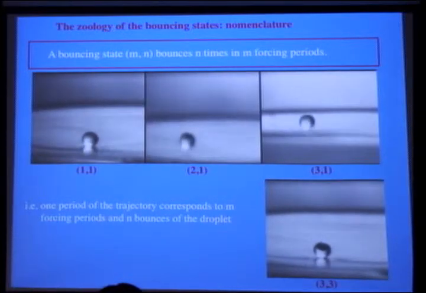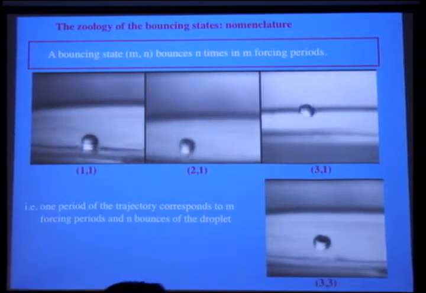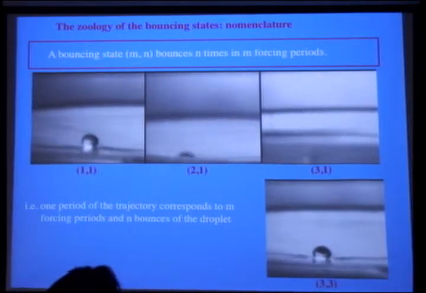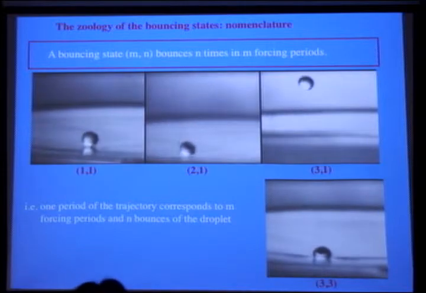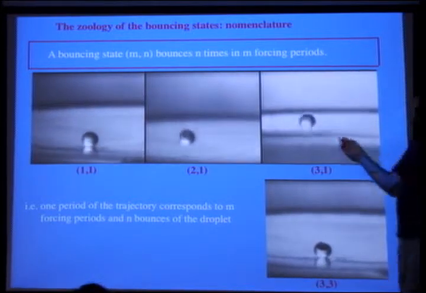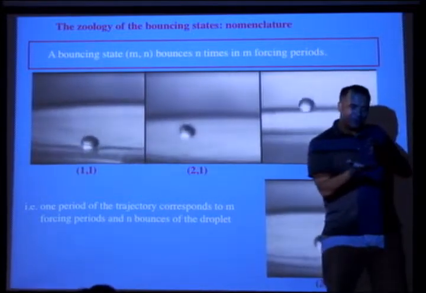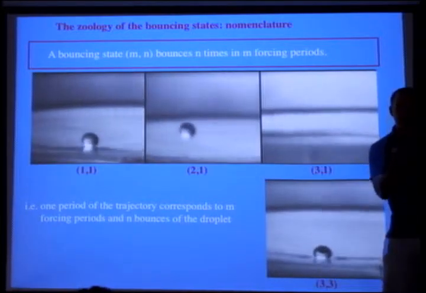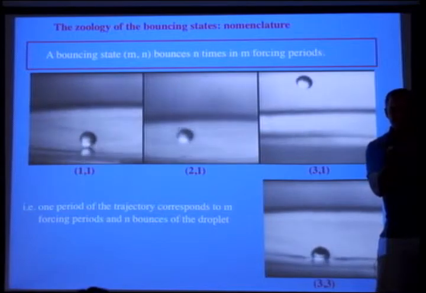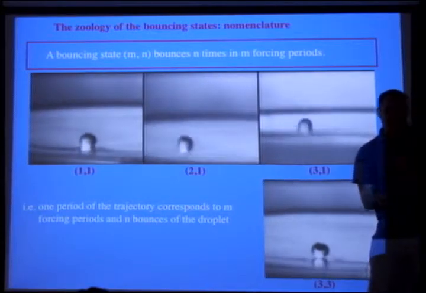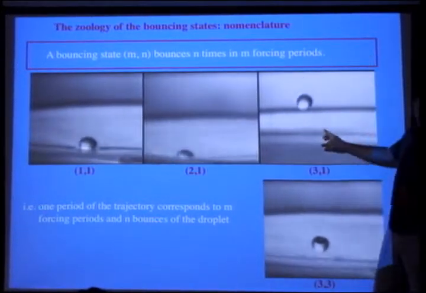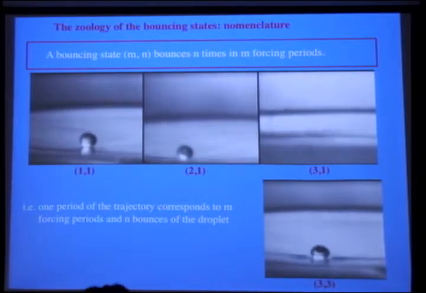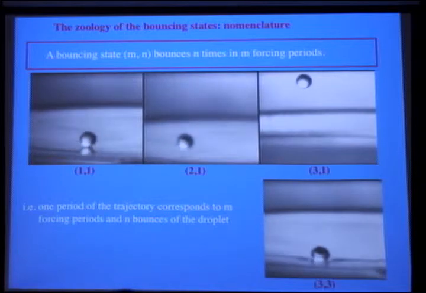How do you experimentally select one of those 3 modes? I'll tell you right now, it depends on the phase. Which of these solutions you get depends on a variable, which is phase. It's going to get a different kick depending on when it hits the film. If it hits the film when the film's coming down, it's going to get a little kick. If it hits the film when the film is coming up, such as here, then it gets a big kick. So there can be different periodic solutions depending on phase of impact for the same forcing.